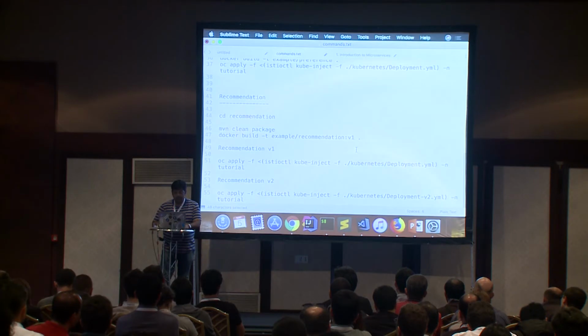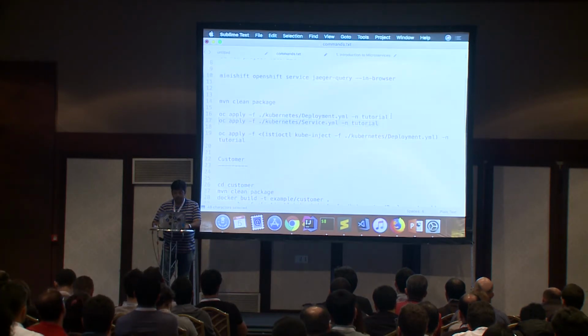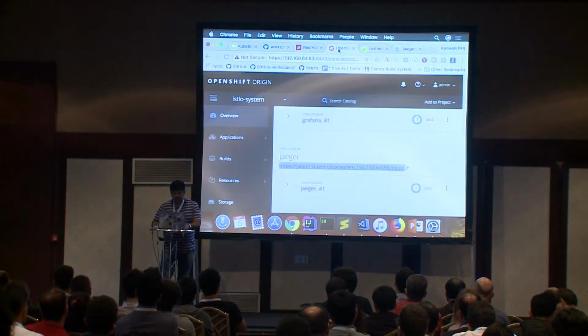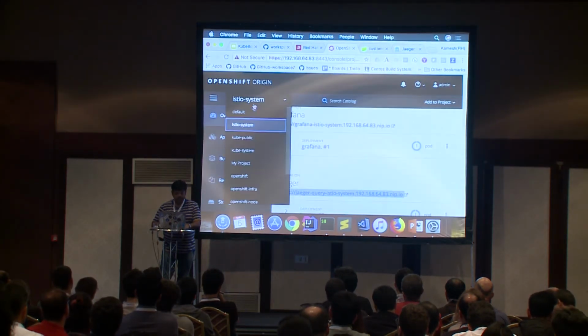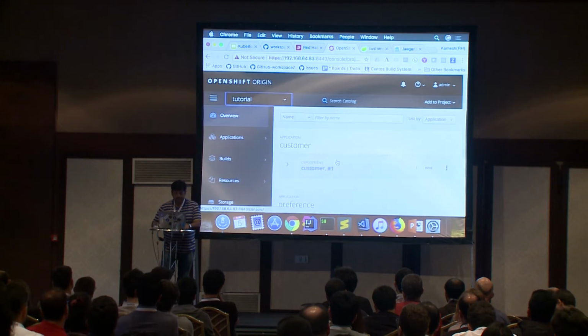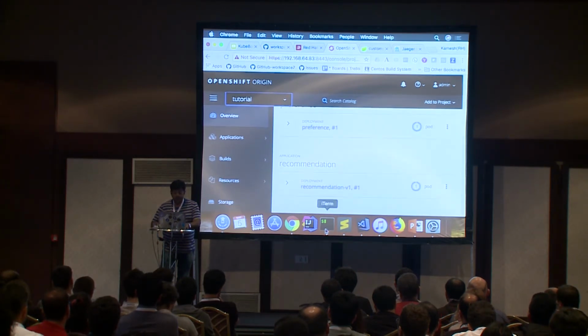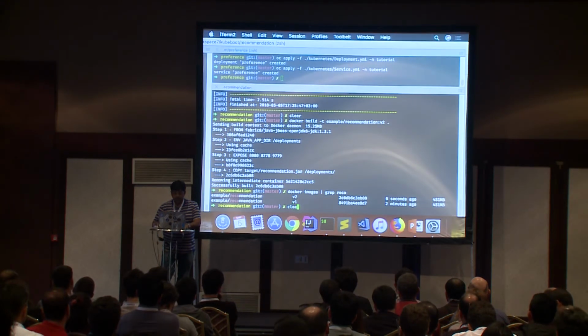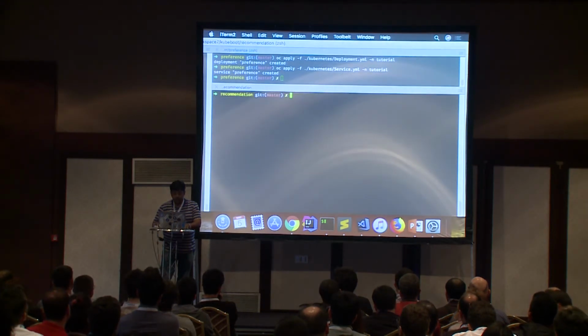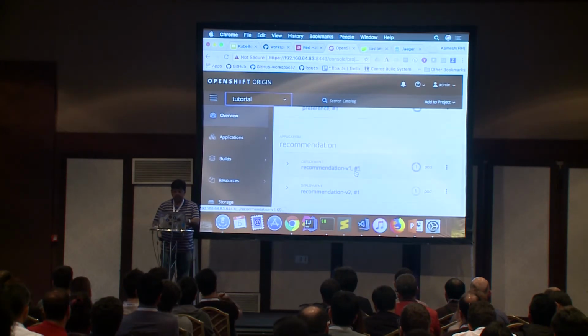The first thing I have to do is deploy the V2 version of the recommendation first. If you go back to our OpenShift console, in my tutorial project, which we saw with preference and recommendation, I have only one version deployed. I'm going to deploy the second version of recommendation. It's pretty easy, no big change. Copy paste, just change the labels to this, and you'll see the second version of recommendation getting deployed. So I'll wait for that because